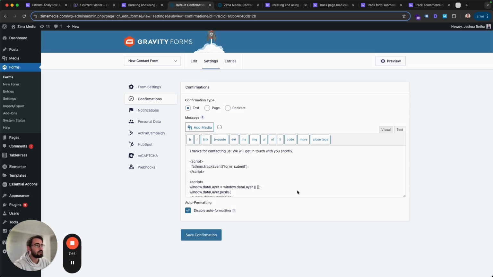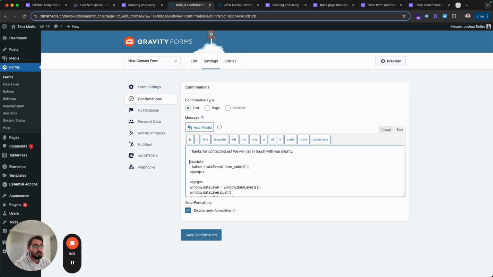For Gravity Forms, for instance, you have to select text and then make sure that it is in the text format over here on the right hand side, and then also disable auto formatting, seeing as if this is enabled, it will try to format the text, and then it might actually end up just either displaying the text that you're adding in here, the script, or it will remove it and not trigger